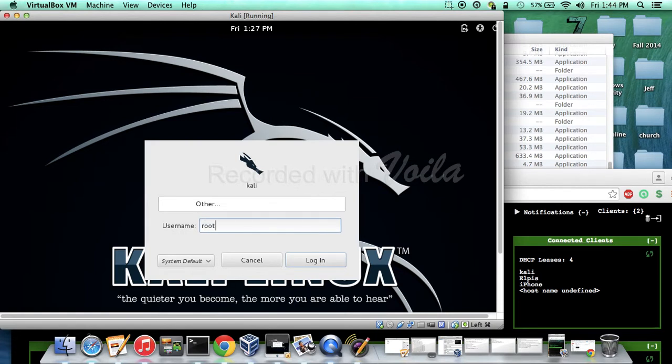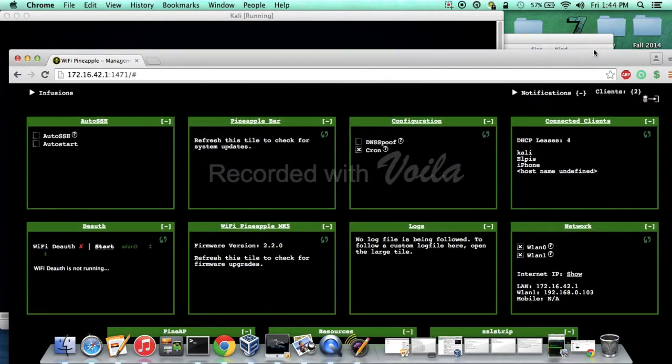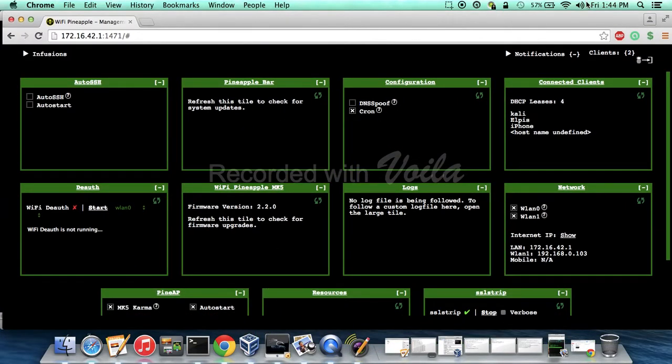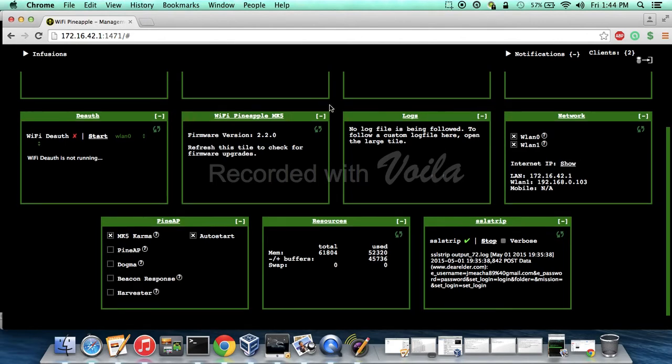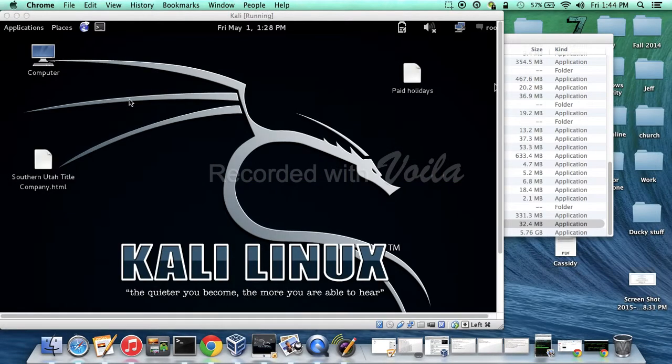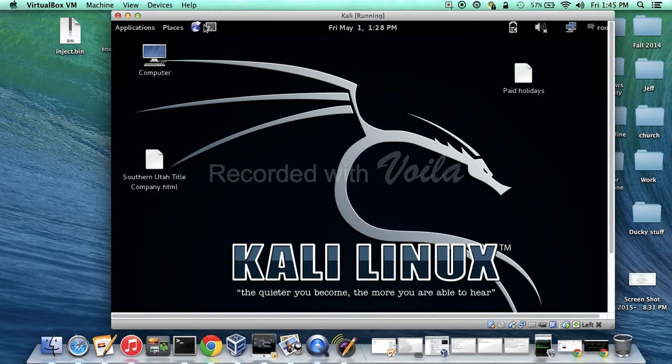Something else the Pineapple Router can do is it can set up DNS spoof. That's really good for the clients, to capture clients' passwords and usernames and stuff, but for the company itself, I would have had to plug into an Ethernet port in order to get internet access to my router, and it would have been really hard to do, and so all I did was capture the guests. However, in order to capture the workers,